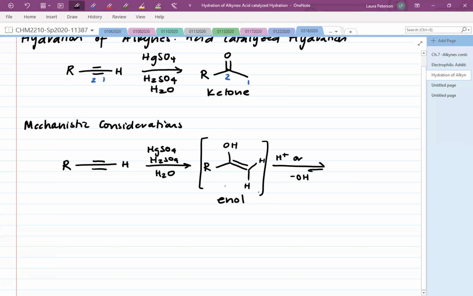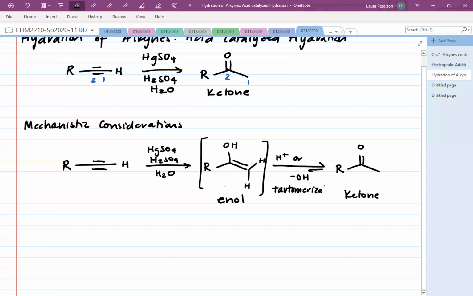So this enol, in the presence of acid or base, rapidly converts to the corresponding carbonyl species. We've seen that when we form the enol, it's not particularly stable. We're in the presence of acid, and so this is an equilibrium process between the enol and this ketone that we've formed. This process has a name. It's called